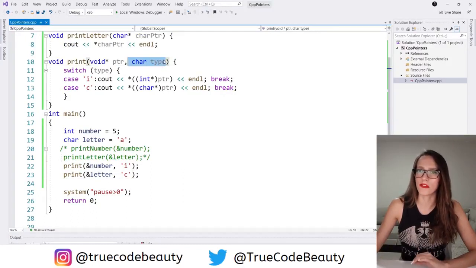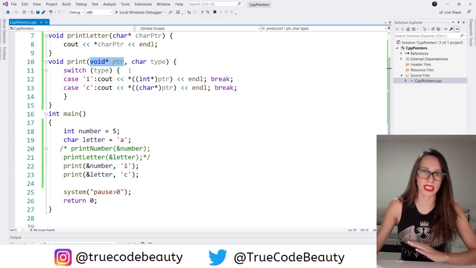We use that char variable in order to differentiate which data type we are storing inside this void pointer. Because, as I already said, a void pointer can point to a variable of any data type, but it cannot be dereferenced directly. So for that we are using this type parameter to check which data type is stored inside